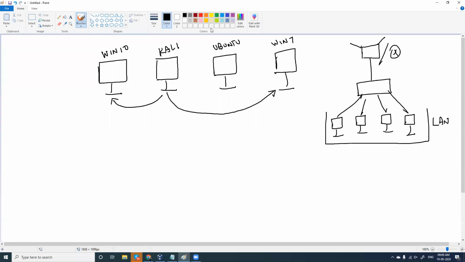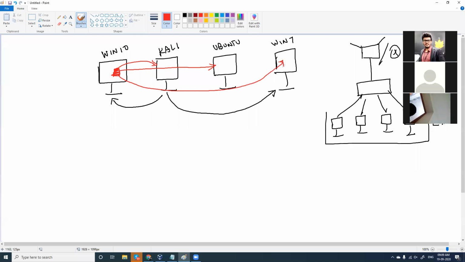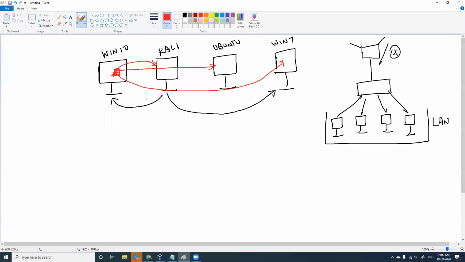So what we do is install VirtualBox here, and inside VirtualBox, I install Kali Linux. Inside VirtualBox, I install Ubuntu. Inside VirtualBox, I install Windows 7. So what happens? All these operating systems can be run simultaneously at the same time. Fine. It all runs at the same time in a different box. I'll show you how it's in a different folder.